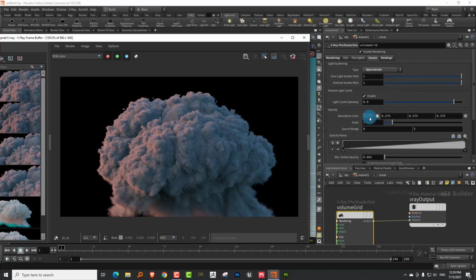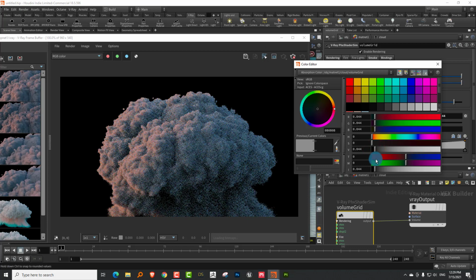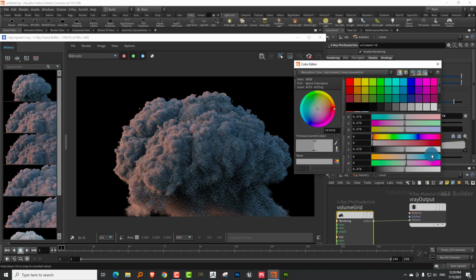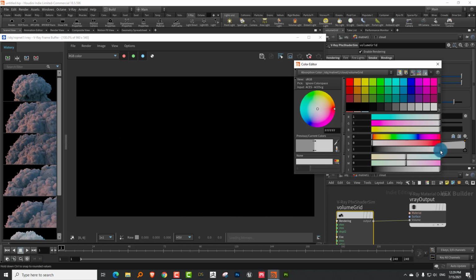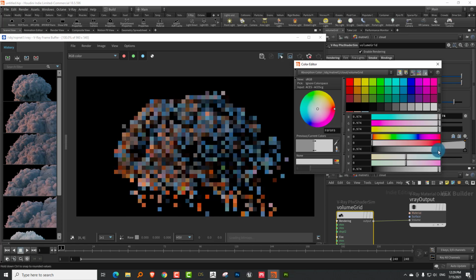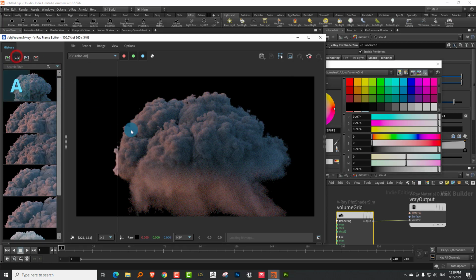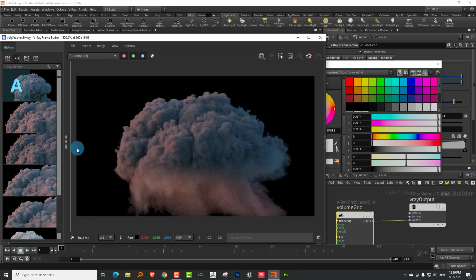Okay, you have absorption, which is, the lower it is, the denser your cloud gets. Okay, so let me save this, and the higher I go, it actually starts to eat up into the density. See, if I go really high, if you go to 1, it will just disappear. But there you go. If I just keep it slightly low, see, so this is what you had previously, and this is now. This is actually nice. If you want to create a rainfall, a cloud which is having rain coming out of it, this is not bad.